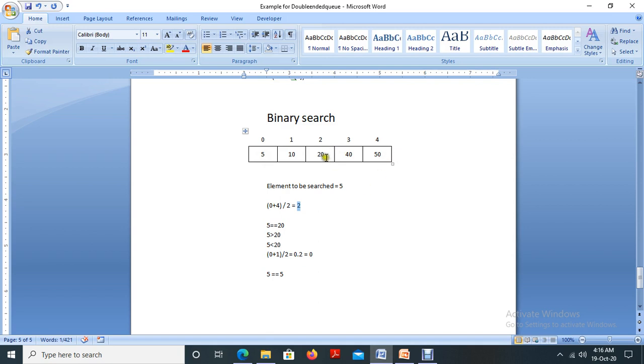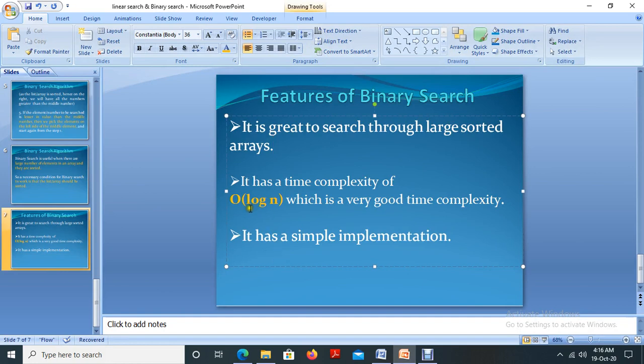But in this case, first we compare with the element 20, and since 5 is less than 20, we omit all the elements greater than 20. That is why it is O(log n), which is a very good time complexity.